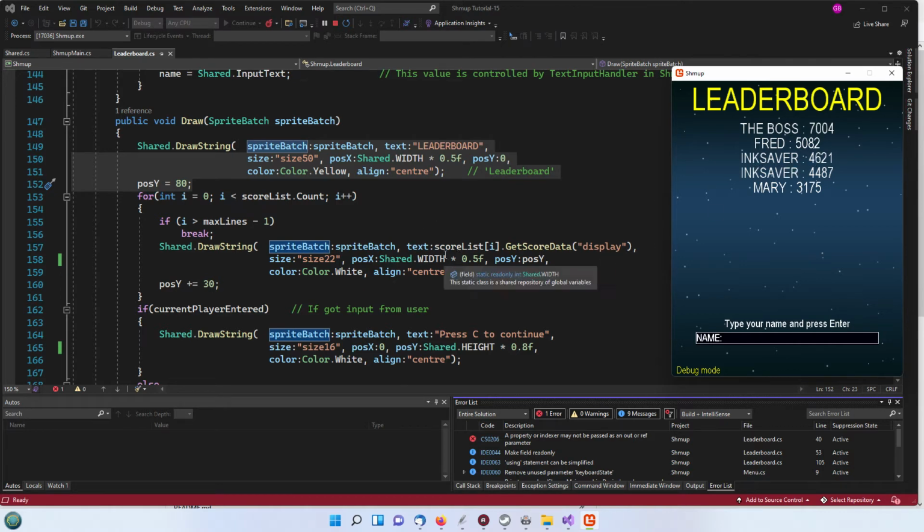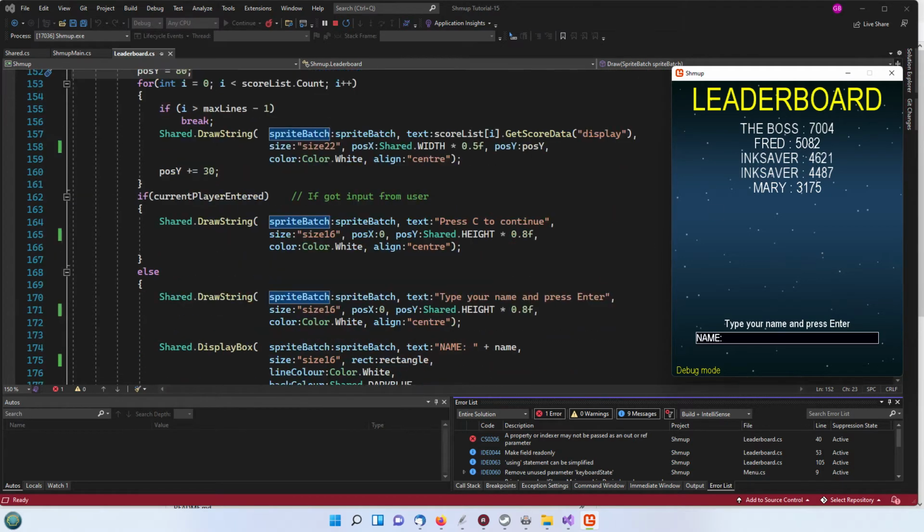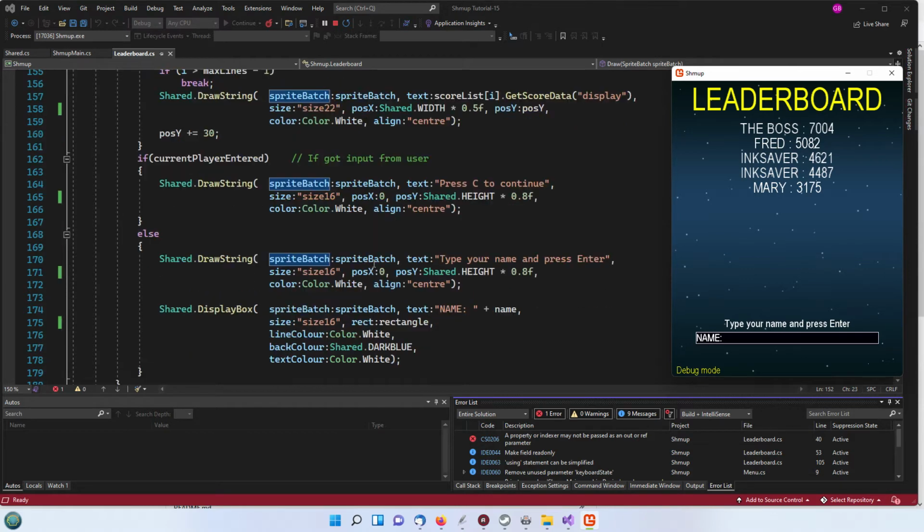Once it's drawn those, if the current player has been entered, then it's going to draw press C to continue down here somewhere. Otherwise, it's going to draw type your name and press enter, and this display box,